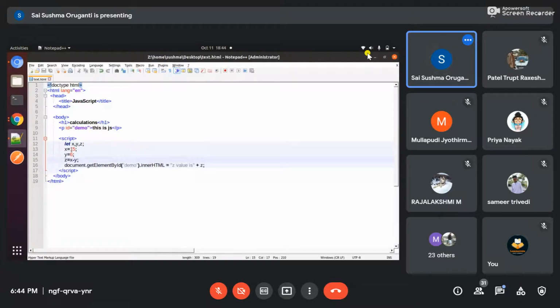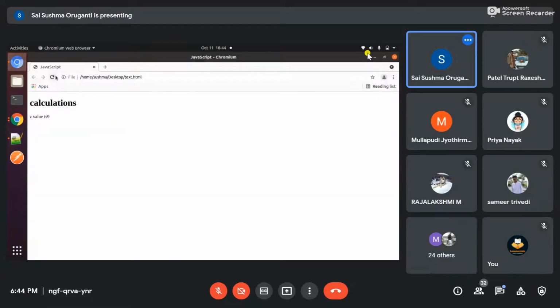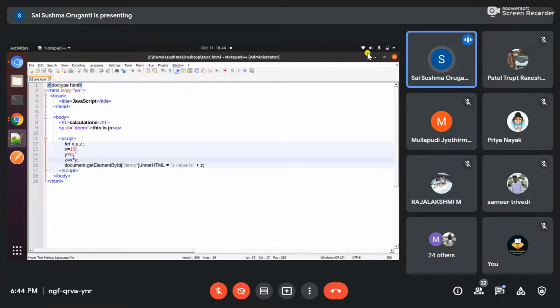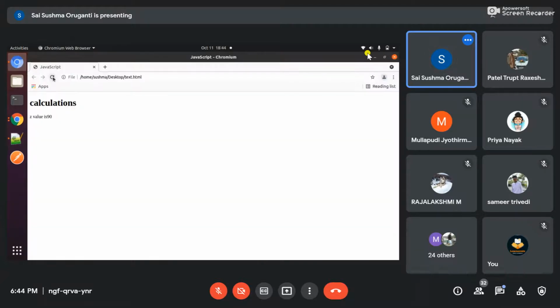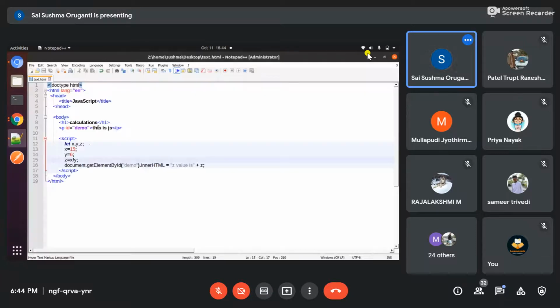Correct, right? So it can perform multiple operations, like star for multiplication: 15 times 6 is 90, and division by 0.5. So it also defines float variables. Float is nothing but like decimals, also. It shows. So hope the calculations are clear. Whatever you want, you can calculate using this.